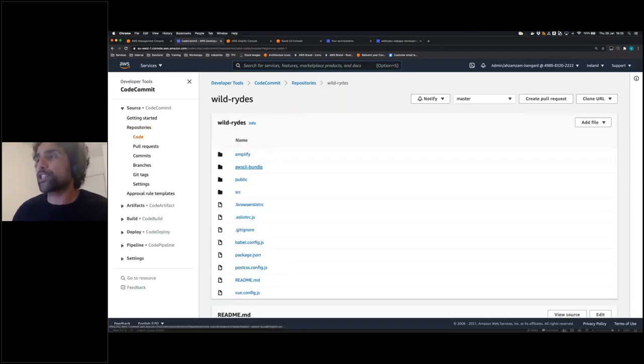So developers finished working on the code. You'll see all the JavaScript, HTML, CSS files here, and also a build spec for Amplify to understand how to build the environment and provision the environment. So everything is already available inside the repository itself. And then Amplify will use this to deploy the application. So if we go to Amplify,